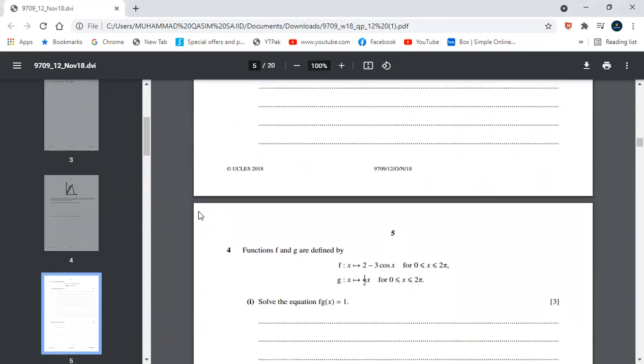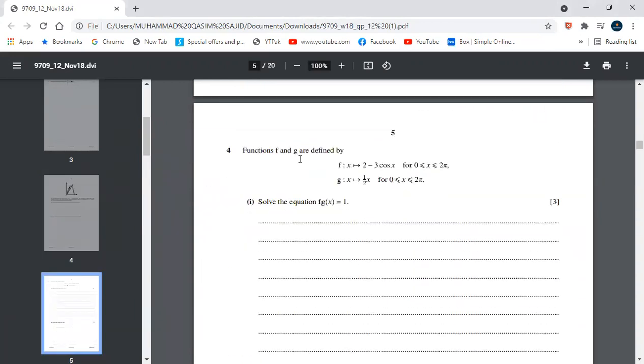So for question number 4, we have to find the function f and g are defined by, this is the function of